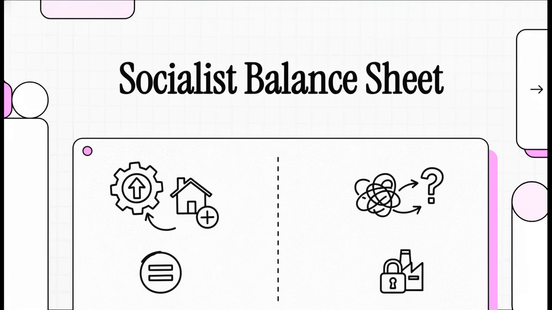Welcome to this explainer. Today, we are setting out on a really fascinating intellectual exercise. We're going to put on our hats as international policy auditors to conduct a strict, totally impartial audit of the socialist economic model. We're going to look closely at its theoretical merits and its demerits, breaking down exactly how a centrally planned economy functions on paper.